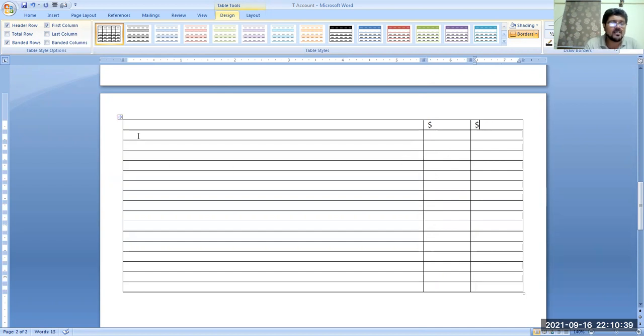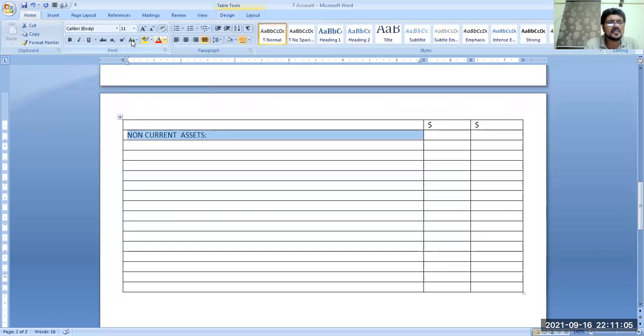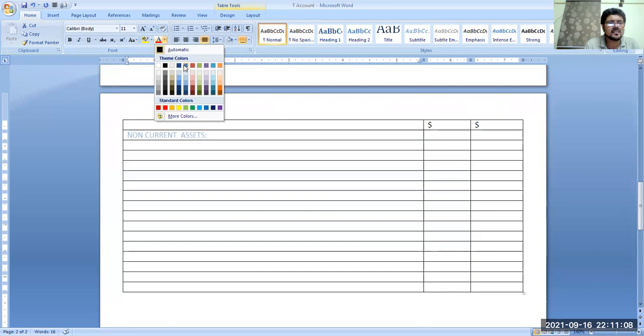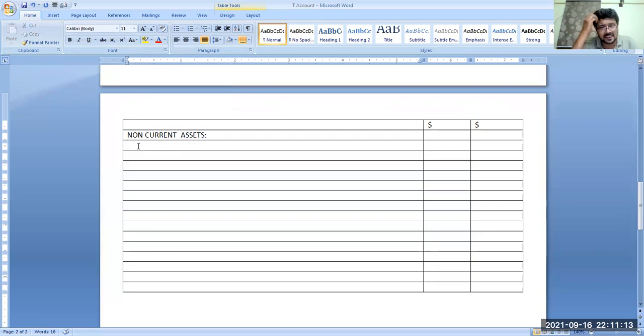Okay. Now the first heading in the balance sheet is non-current assets. So there will be no change in the non-current assets. Non-current assets will be reported as they are. Okay. Now see, this is the heading, non-current assets. Now see, the first non-current asset according to our balance sheet. Where is the balance sheet?